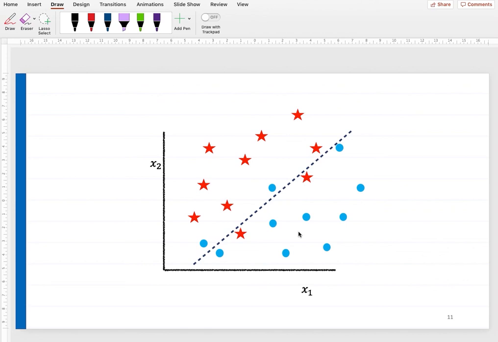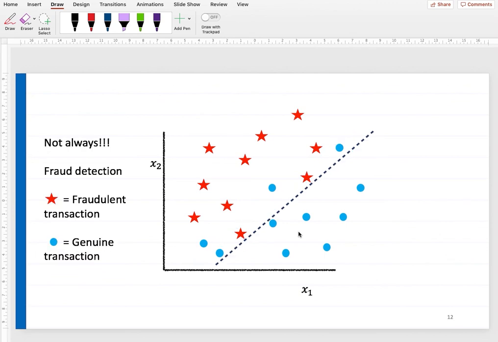How many of you think this is a good approach? Means this is the best you can get, or can you get better? Okay, you cannot get better because this is not linearly separable data. For roses versus lotuses, this is the best we can get. But not always. What about another problem?